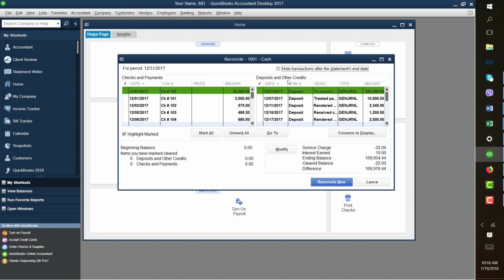You want to look at deposits and other credits from the bank statement and compare that with the general ledger deposits and other credits. For example, December 1st, 200,000 is there, and there is another 10,500 there. So mark them and go along the way. Note that there will be deposits that do not appear in the bank statement, and if you read the chapter, it talks about deposits in transit. What that is